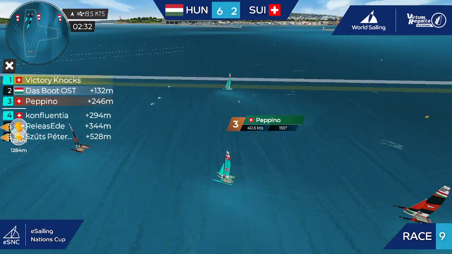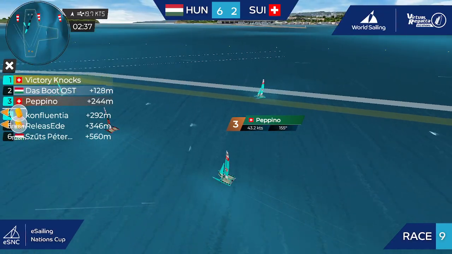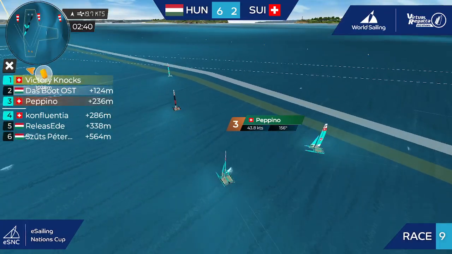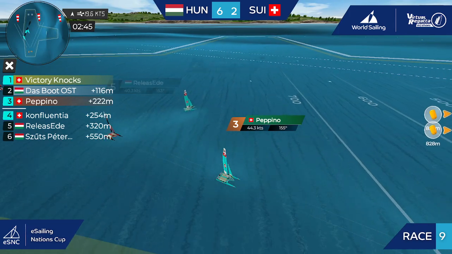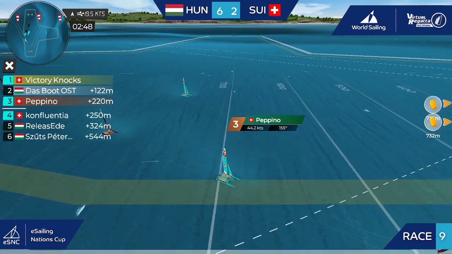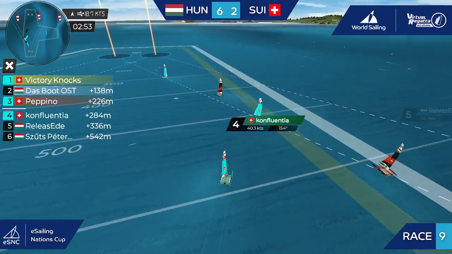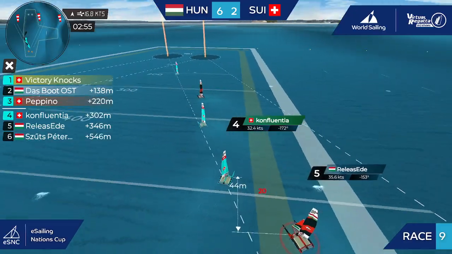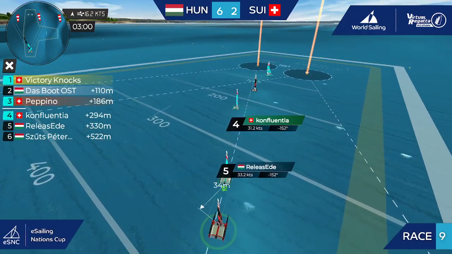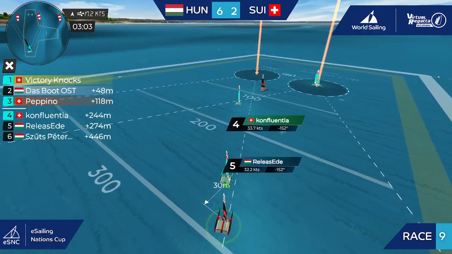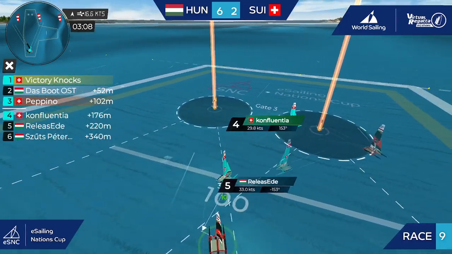A smarter move though from the Swiss for a better start compared with the Hungarian. Risky situation here between Confluencia and Relezid, I believe. Tacking in front, it will be enough. Relezid is a little bit faster. The next run to the mark will be the trickiest part. But at the moment, Peppino is